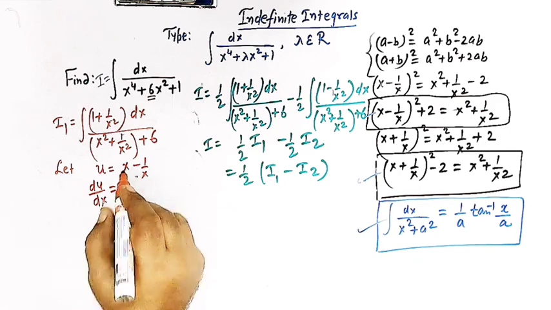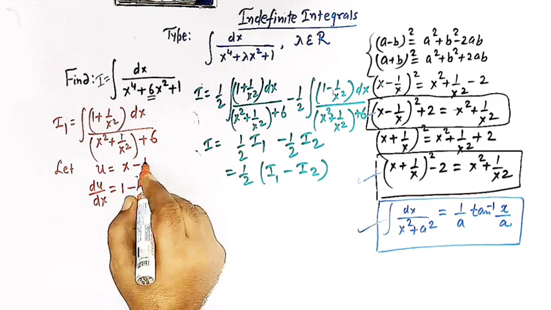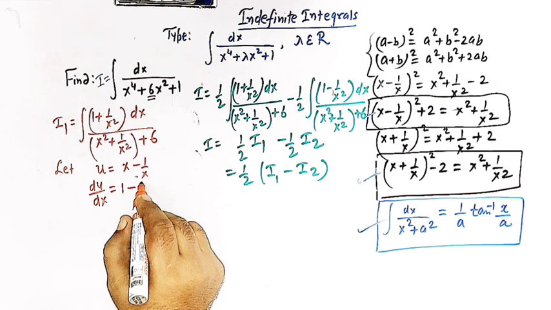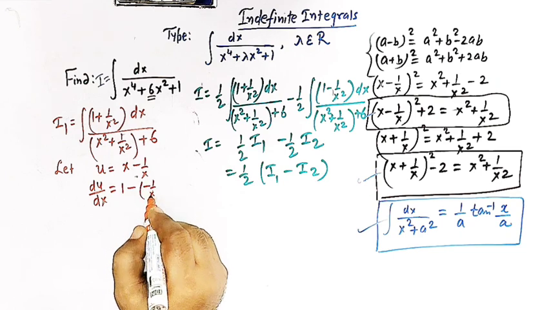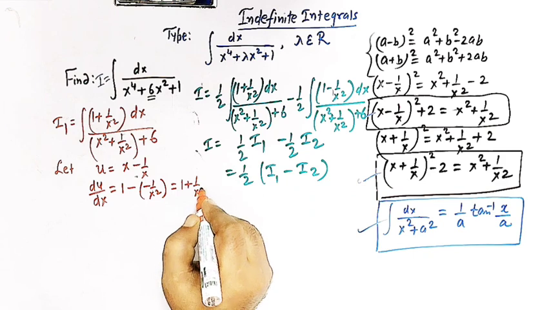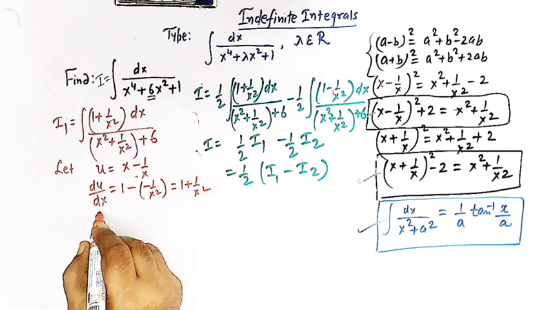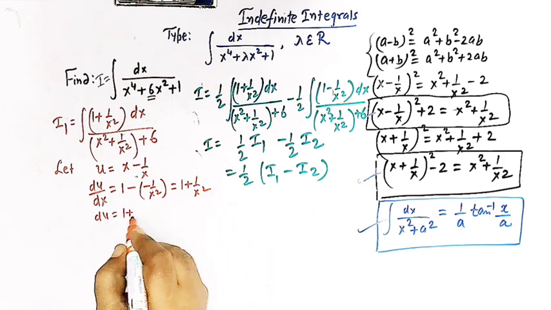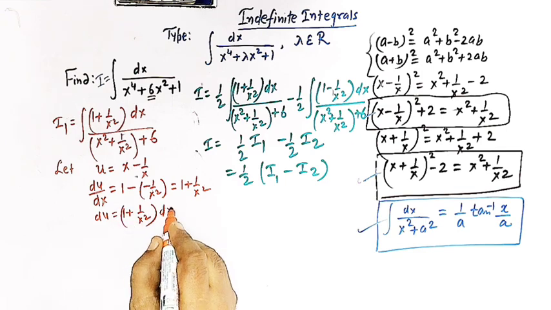The derivative of x is 1, and the derivative of 1 over x is minus 1 over x square, that is 1 plus 1 over x square, right? So du is now equal to 1 plus 1 over x square, and here we have dx,